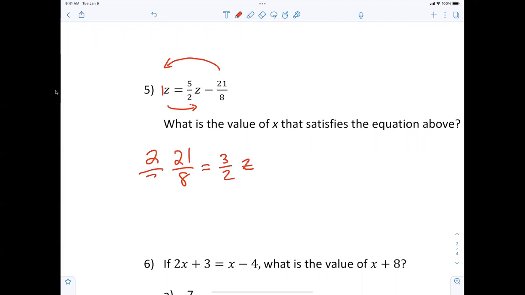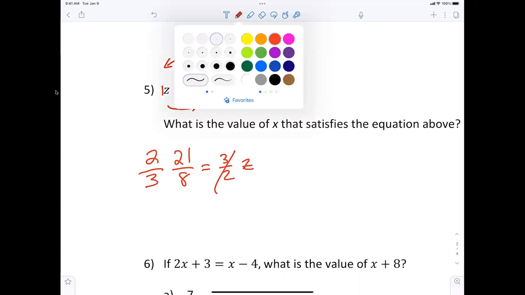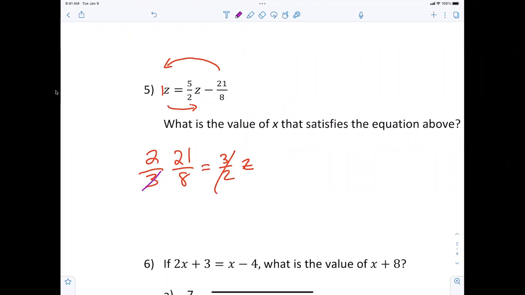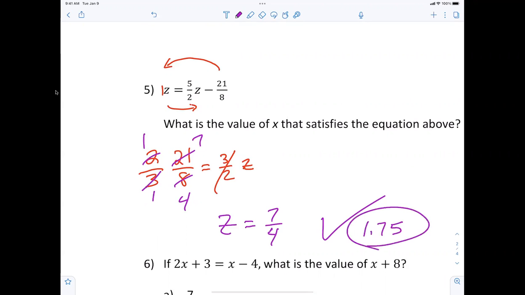2/3. All right. Now, Oliver, what do I do with the 3 and the 21? Cancel. To a what? 7. 2/1 7/8. And then 2 becomes 1, 8 becomes, exactly, 7/4. Z equals 7/4. Give yourself a check on that. If you want, of course, Oliver is telling you that you could have written 1.75 if you want. All right, I'm totally good with that. Come on, guys. I don't think that's that bad.